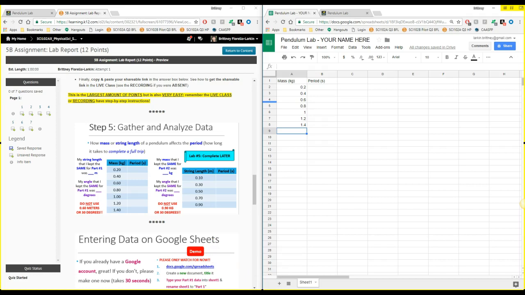Smiley faces if you're good, confusion face if I lost you. I should hopefully not have lost you yet because this is all just copying what's on here. Arissa, again, you see this table right here? I literally just copied it into the sheet right here. Is there anyone else that's confused? Let me know now.